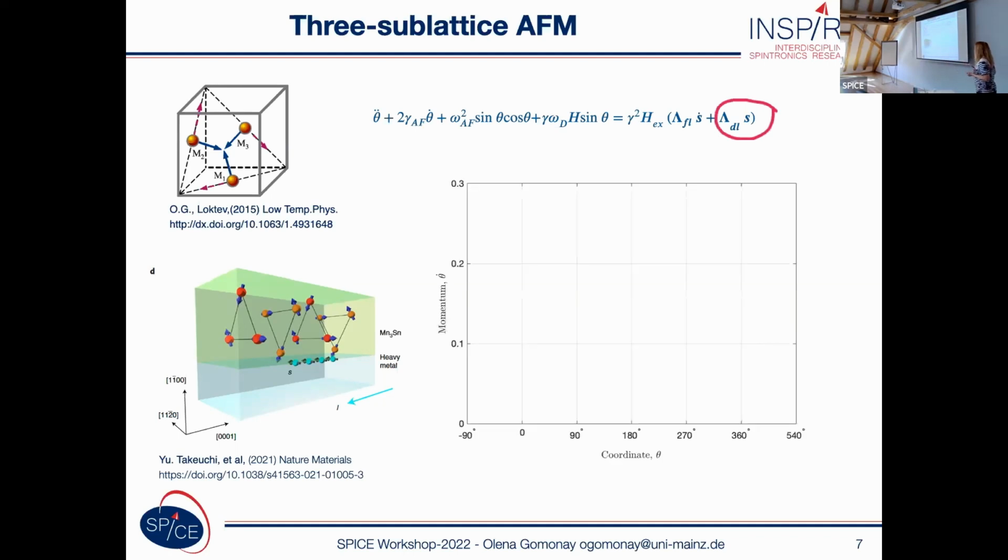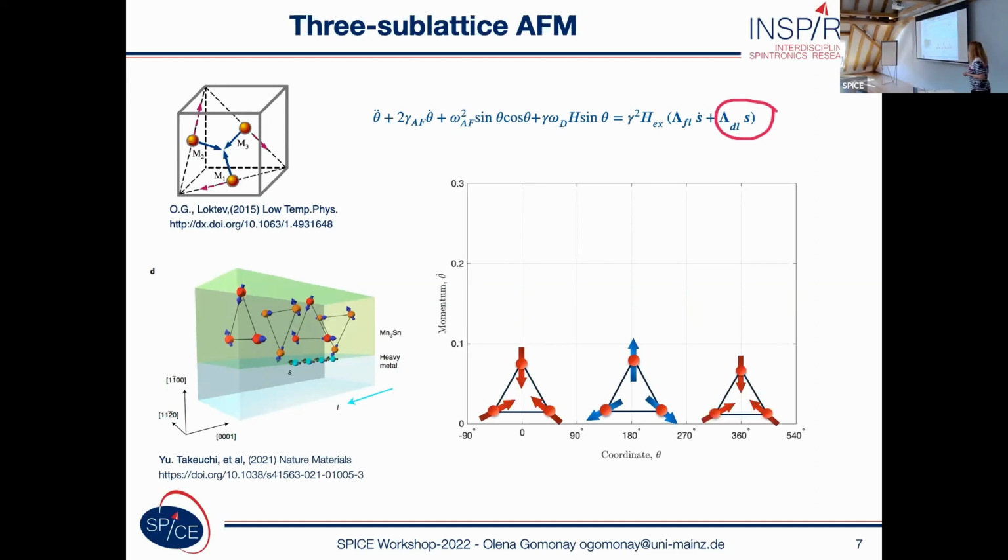First of all, this type of material like manganese three tin or similar, they have two states which could be physically distinguished, and these states have opposite orientation of the sublattice magnetization, and also due to the weak DMI interactions, they can show small non-zero magnetization which can be measured, and in this way the states could be distinguished.